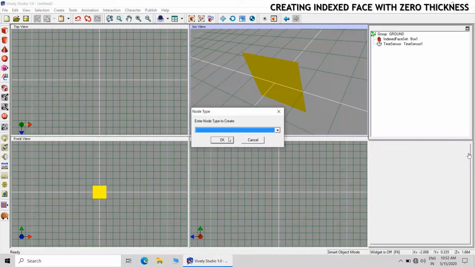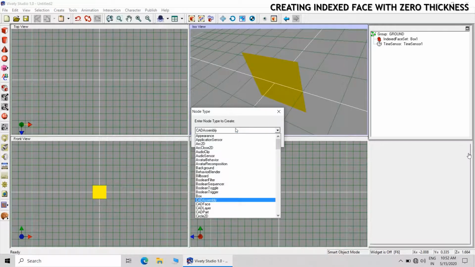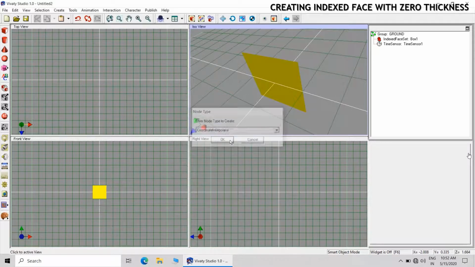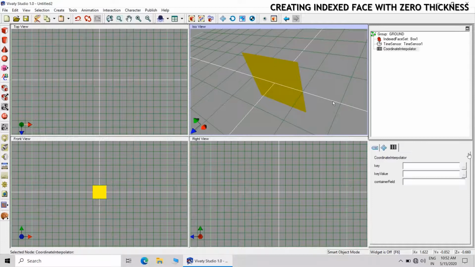So go to advanced, create other, locate the coordinate interpolator, and type the spelling so that it can be easily located. So this is the coordinate interpolator.